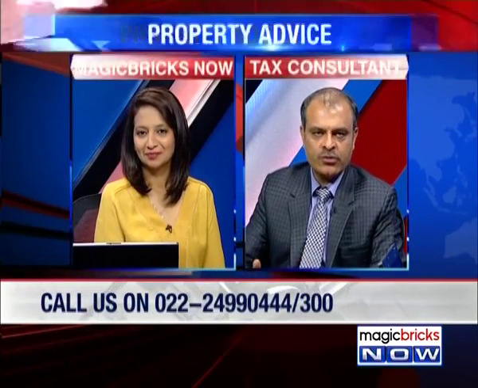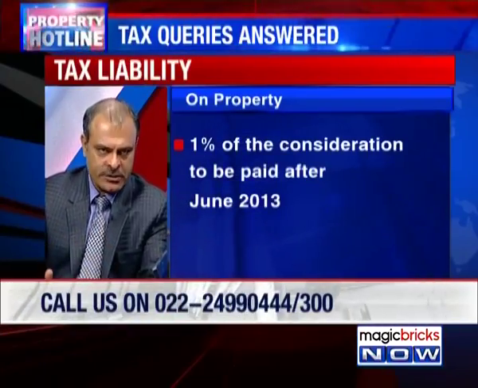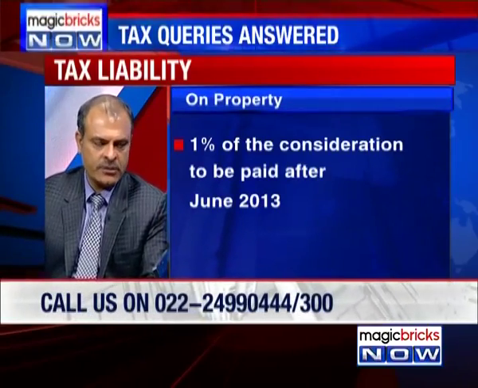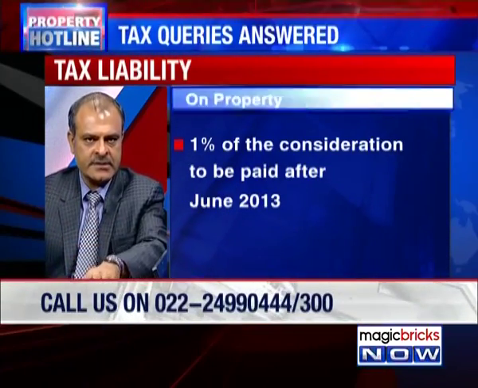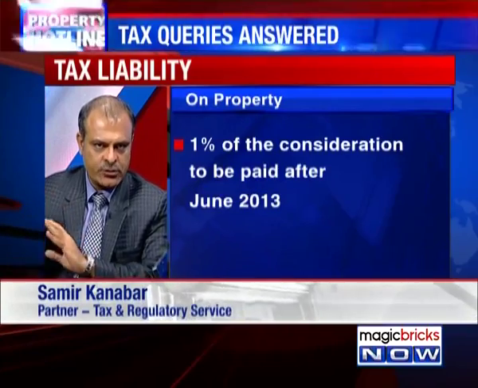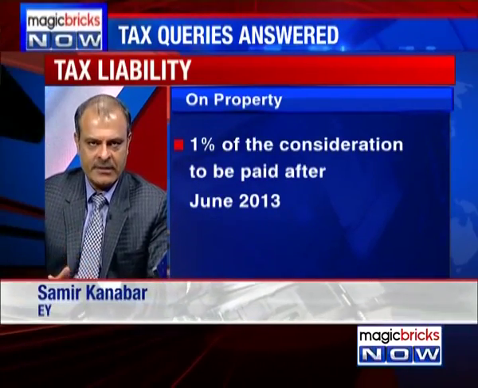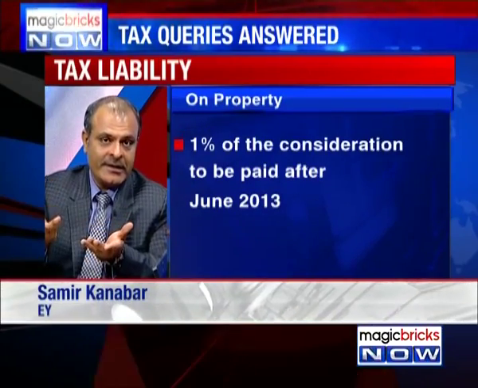But what does he have to pay TDS on, the 95% or the 5%? Yeah, so post June 2013, whatever payments you do, it is only on those payments there is a liability to deduct 1% tax. Suppose he has to pay 100 rupees post June 2013, he can actually pay 99 rupees to the developer and deposit 1. So effectively he has still paid 100 because the developer gets a credit of 1 in his taxes. So it's not that he should have actually paid 101, but he should have actually paid 100.